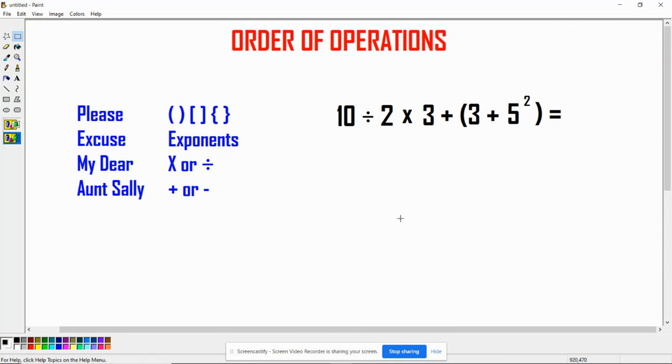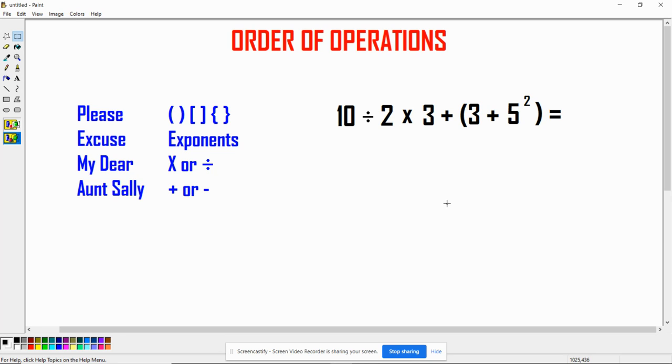Today I'm going to talk about order of operations. We've talked about this a little bit over the last month or so here and there. I know a lot of you kids have been doing your order of operations online quizzes, which you could take as many times as you need to. This week we're going to be doing some order of operation worksheets. And so I thought I'd do a little mini review on what you do